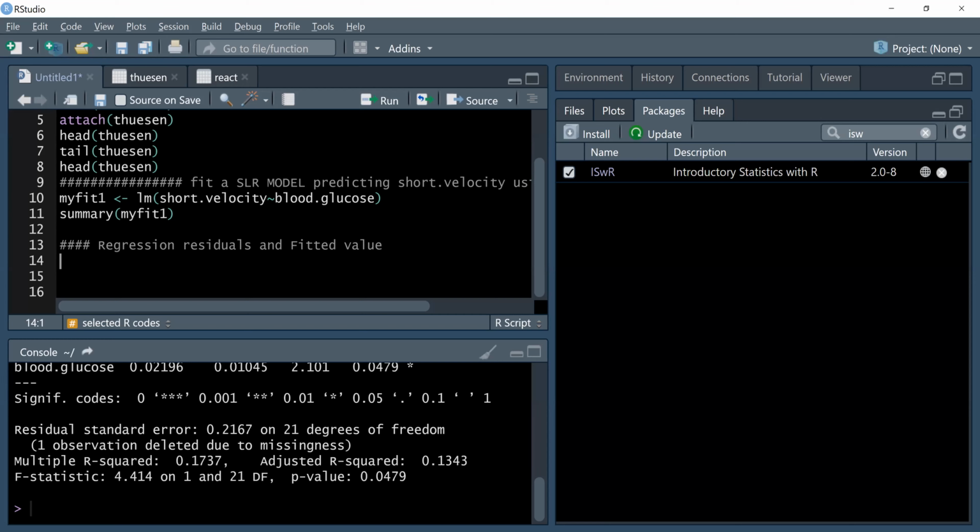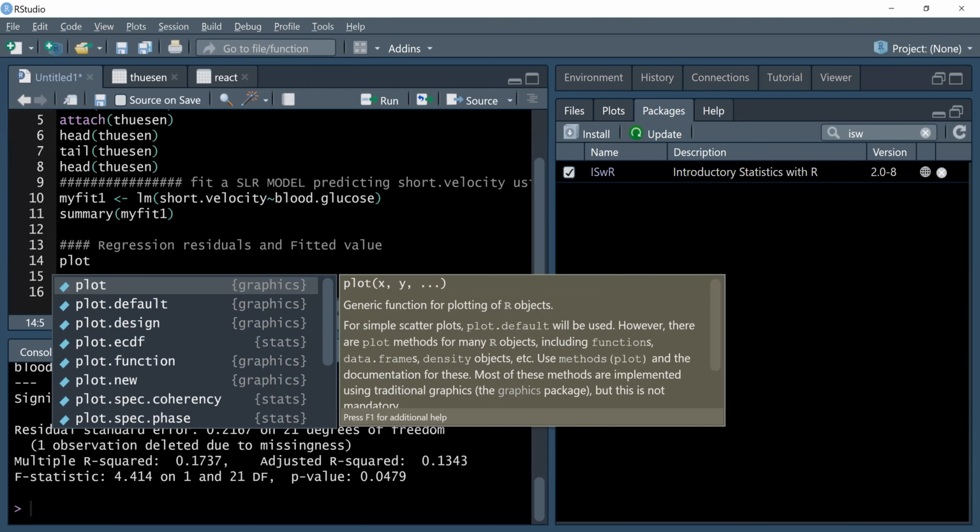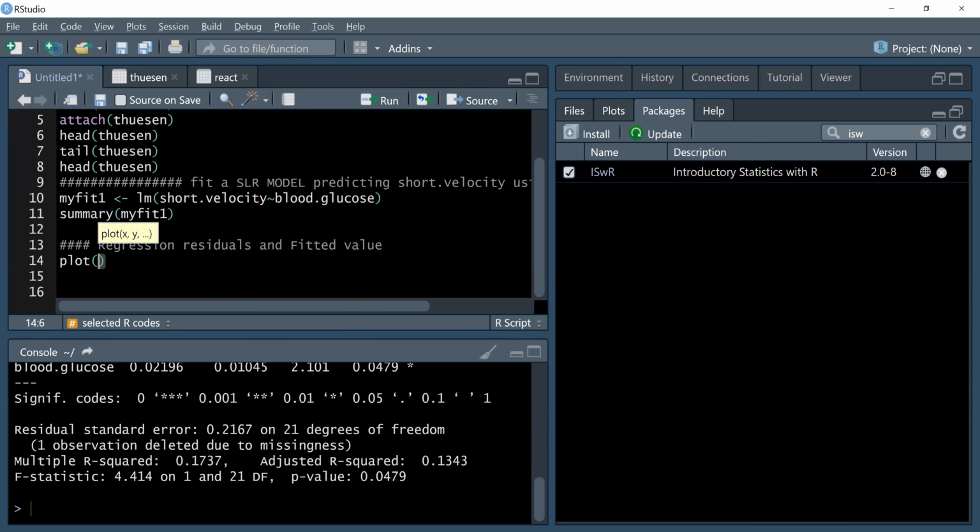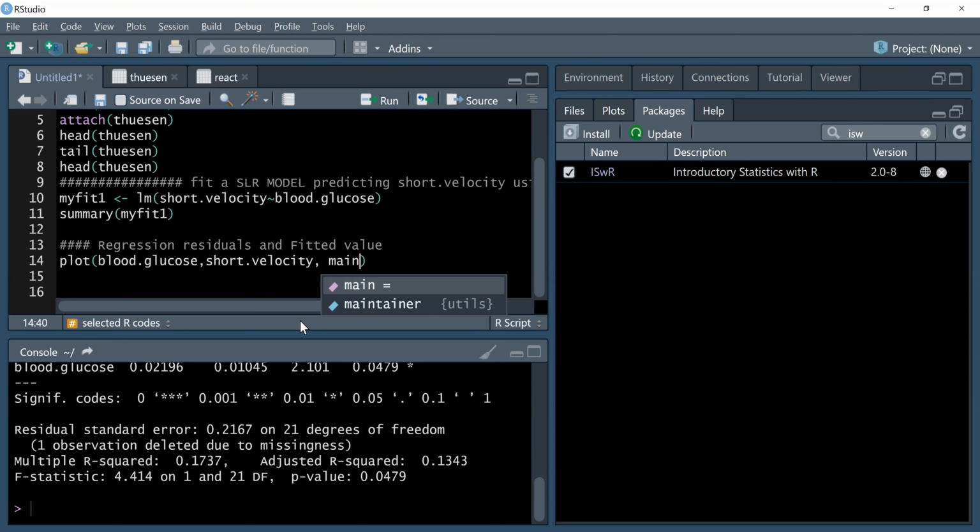So before we extract the residuals, let's have a look at a scatter plot for the observations that we are dealing with. So we have blood glucose, and then we have another variable called short velocity. Then, if you want to include a title to your plot, and I want the title to be on top, you can vary the location as you wish. So you can have scatter plot